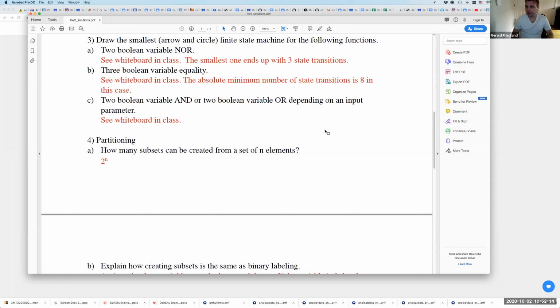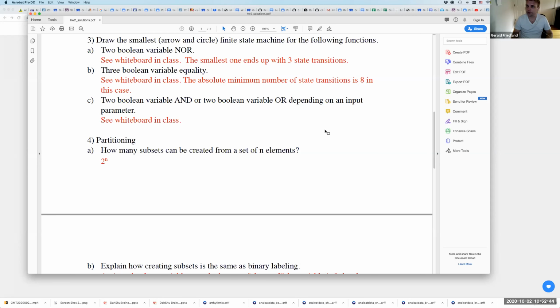How do you prove that? Well, think about this. You have a set, and now you can include each element, right? So inclusion would be binary yes, or exclusion would be binary no. And of course, now you have n binary yeses and n binary no's, and we don't know what they are, so it's 2 to the power of n again, right? And so this is just important because VC dimension is mostly defined as power sets, and it turns out, yeah, that's just the same thing as